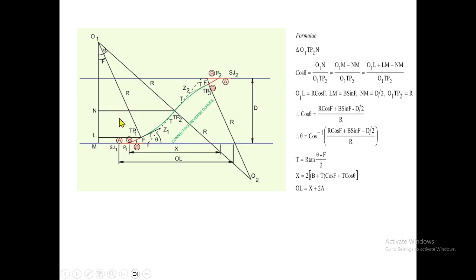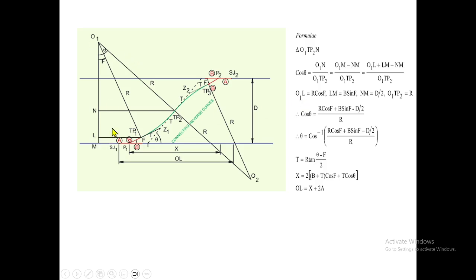So actually here in this case, since it is symmetrical, because these are the same angle of crossing and the same curve, automatically this common tangent point will be the middle of the track. So Nm is equal to d by 2. So we can find out